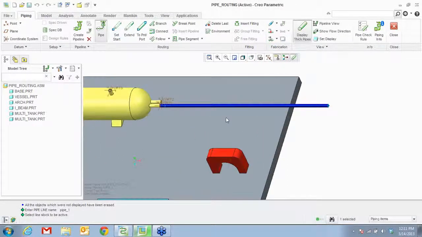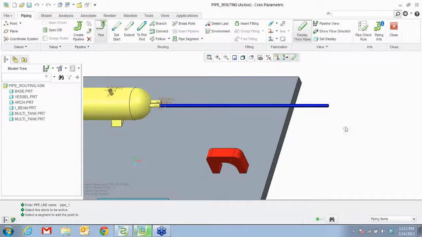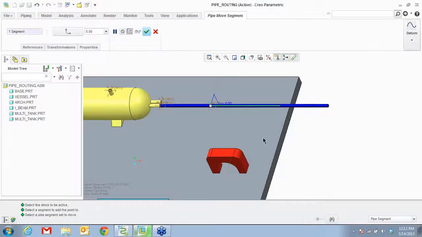Now along this pipe, you can create breakpoints. So you can say break it over here. You see that? We can drag handle and decide where you want to break, apply, and break it over there. With that break, you can go ahead and now move your pipe segment. So you see that?